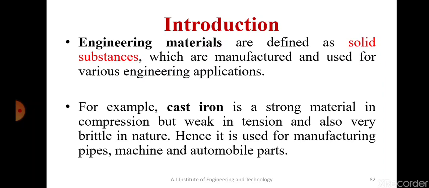When I say cast iron, you wouldn't know all the properties. This is an example saying that cast iron is a material which is generally very strong in taking compressive loads, but it is very weak when it is pulled or when tension is applied, and also it's very brittle in the sense that it will break when we apply a larger force. So we need to know with these properties where exactly it suits. It is best applied for making automobile parts, machine parts, as well as pipes. That's just an example. We will anyways go in depth with all of these materials.